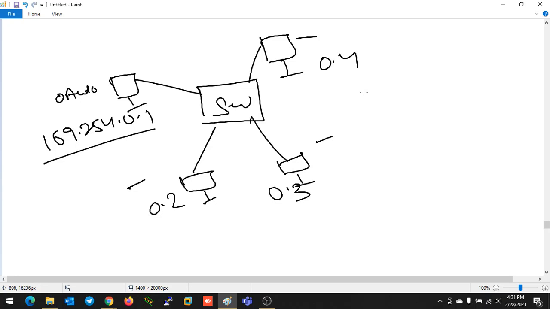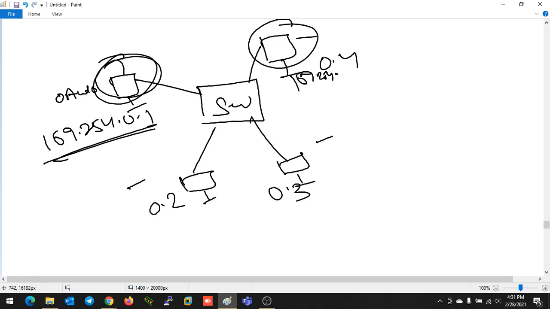After that, you have to check which device was assigned which IP address, and then you can do the communication. Now, if this device tries to send data to that device, what can it do? This device can directly send data to 169.254.0.4, which is assigned to that device.